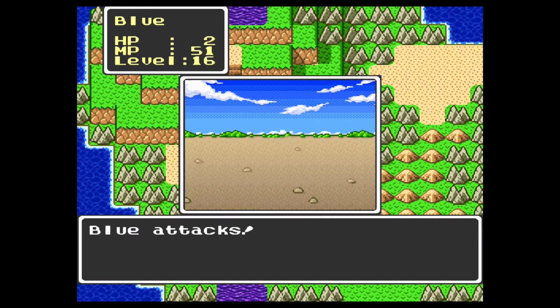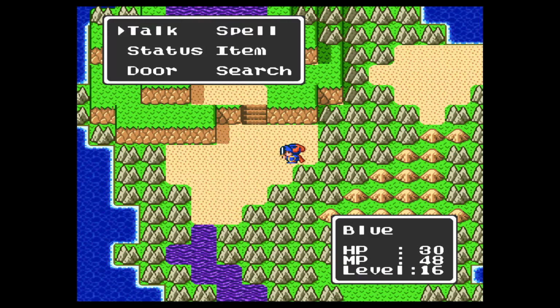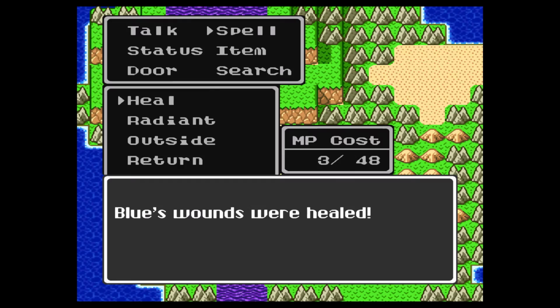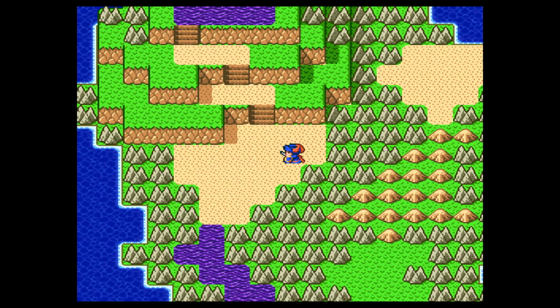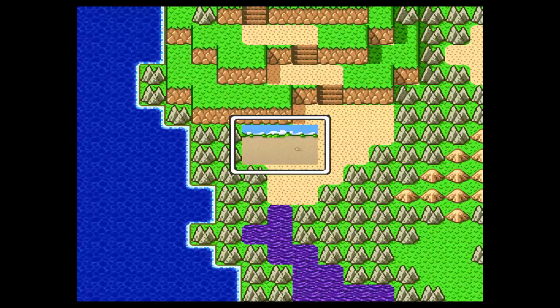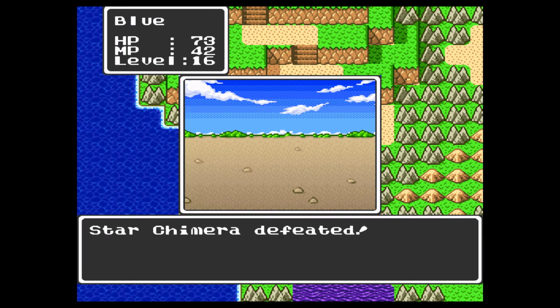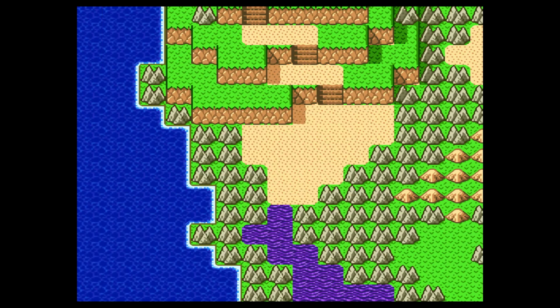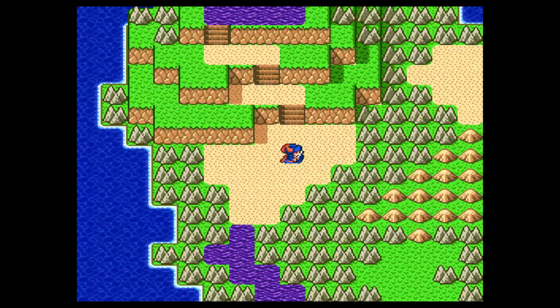Don't miss! Thank you. Sheesh. I also have to save 8 MP to warp back to Tantagel. And this is a reasonably good leveling spot if it wasn't for the Star Chimeras. Yeah, if we can hit for 36, then I think we'll always two-shot them. I don't think they have more than 70 HP, so that would do it, but...